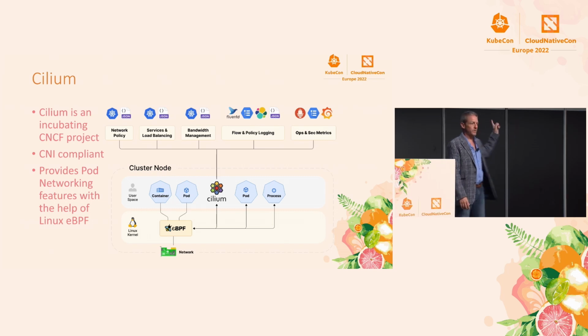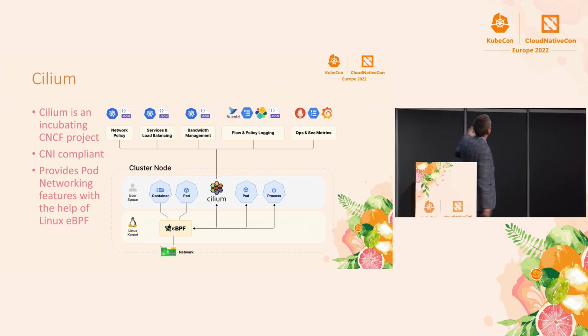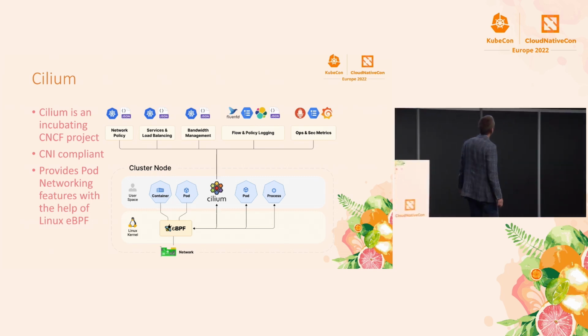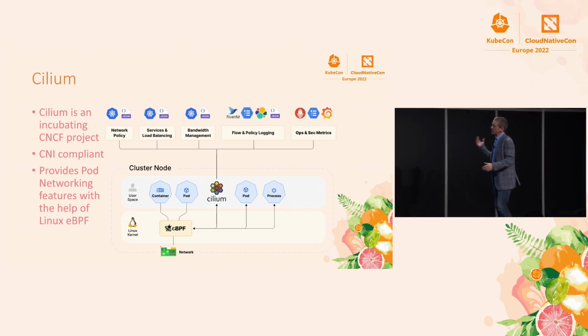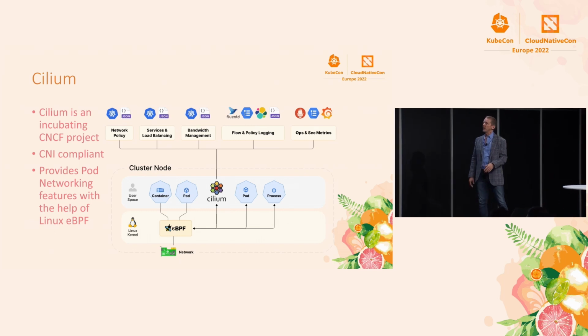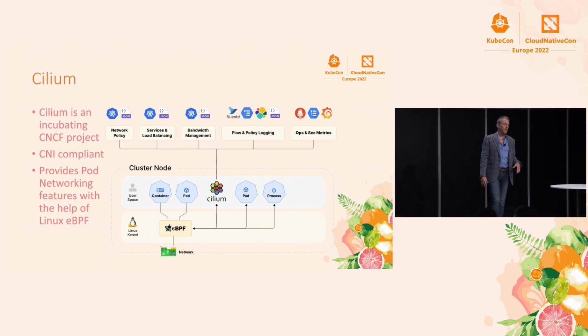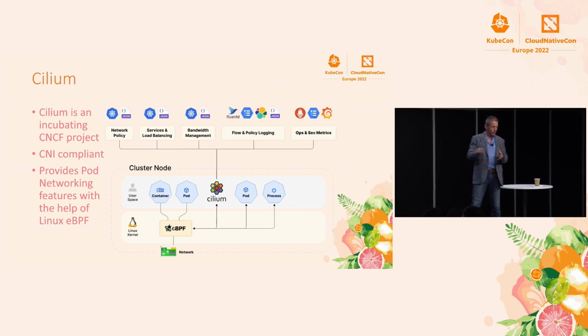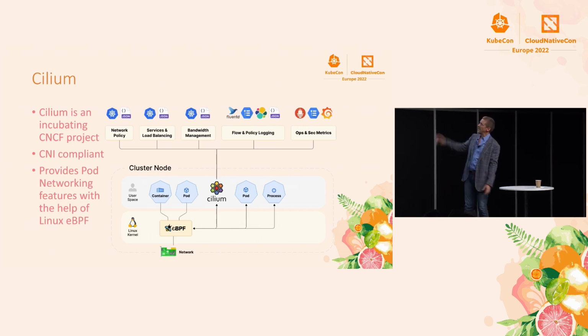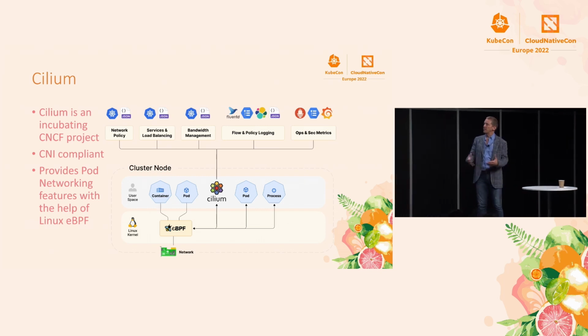So we're going to talk about Cilium for just a sec, and we're going to use it in the first lab. Cilium is a CNI plugin that gives us options. And it is kind of in the new generation of CNIs that are trying to leverage eBPF. So there's a way to tell the Linux kernel to run little programs, and therefore it's very fast because you don't have a user mode component constantly messing around with the network traffic. And so that's exactly how Cilium works. It uses eBPF, leverages that.